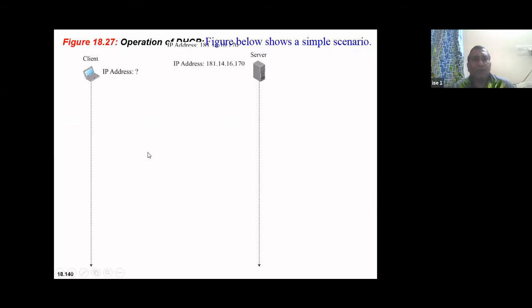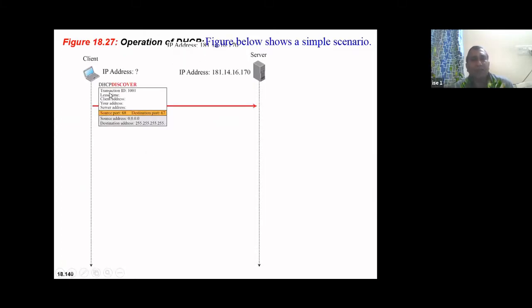So here you can see transaction ID. So it has created the communication ID. Transaction ID means I want to communicate, and this client is trying to locate or discover a DHCP server. There are many servers like this. Here we have shown only one server, but there will be many servers.